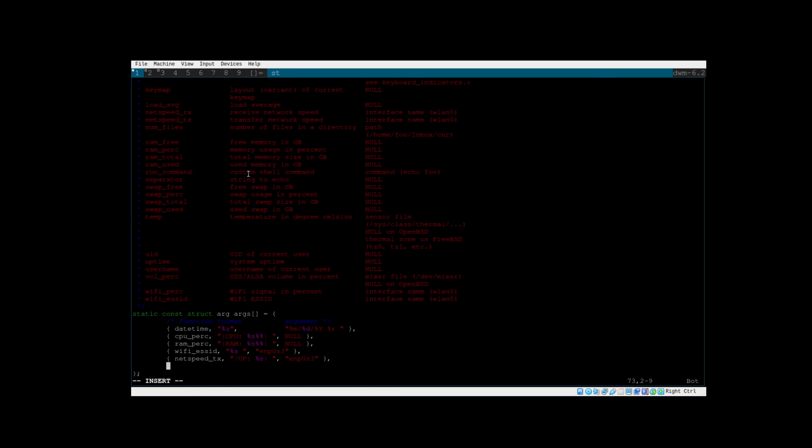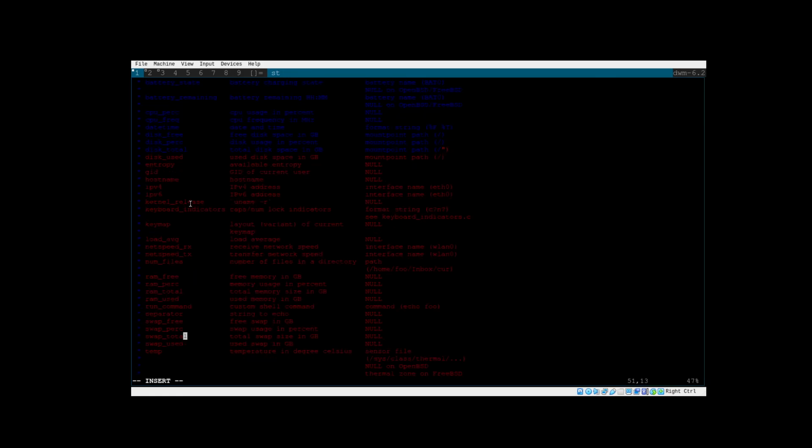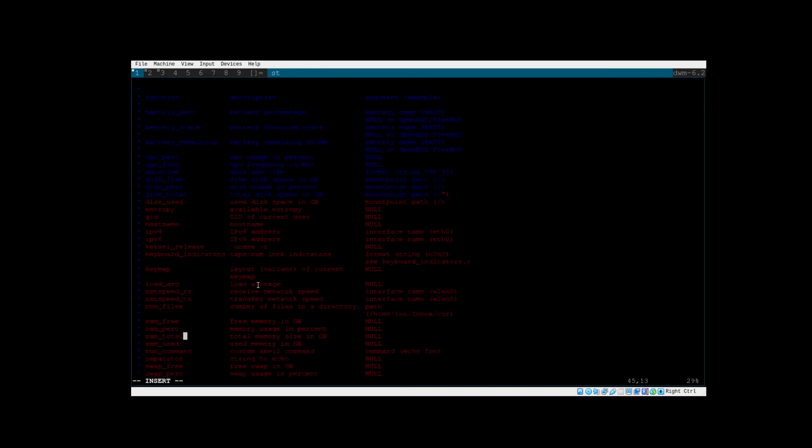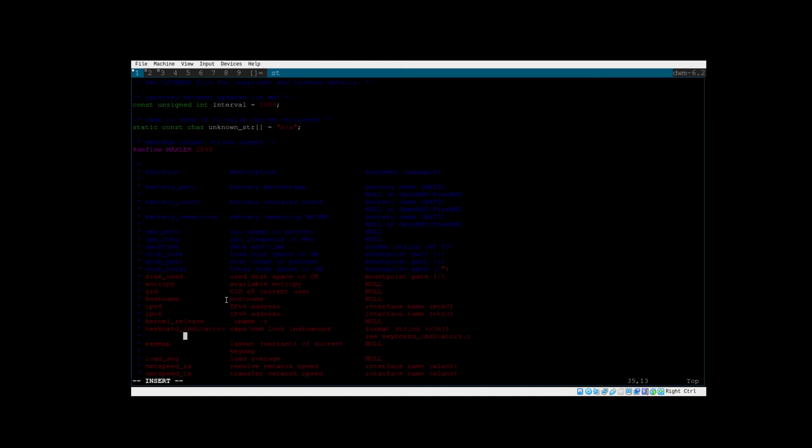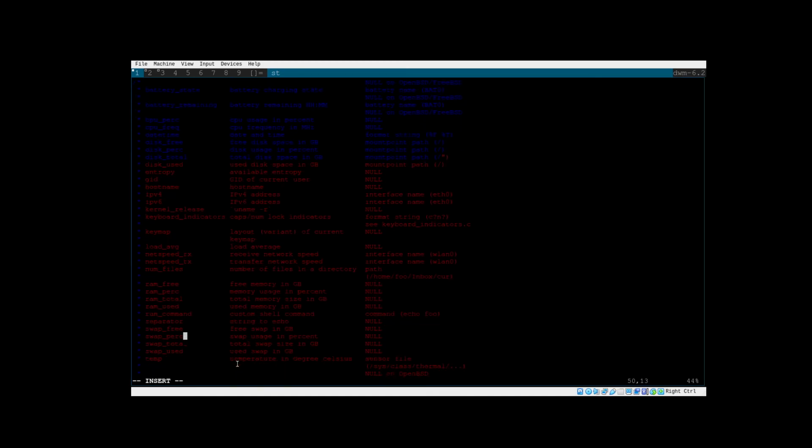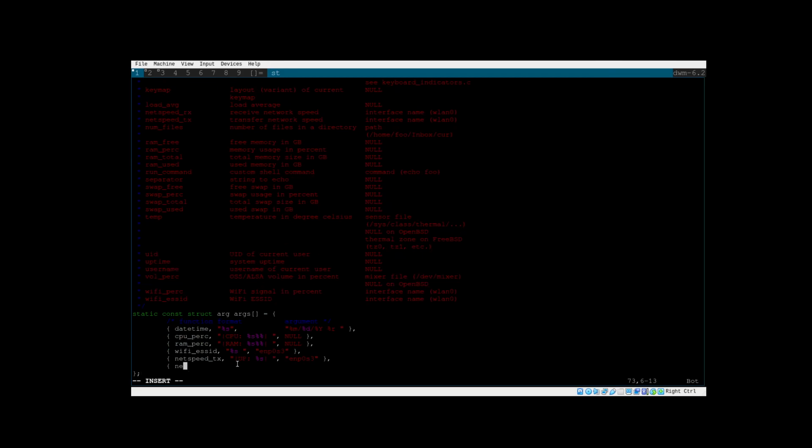And then I always put the network download speed, which is referenced in this file as netspeed underscore rx. And what the hell's going on here? Why can't I scroll down? Alright, whatever. So you would put netspeed underscore rx, comma,